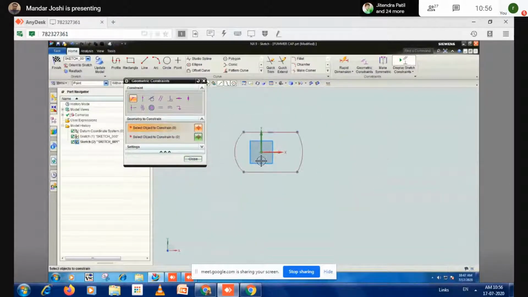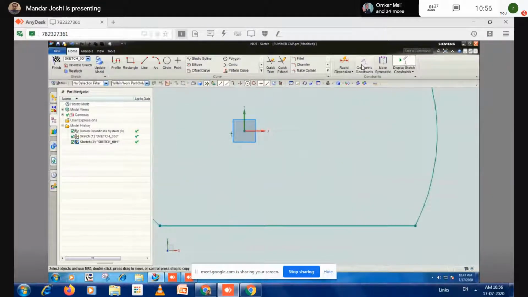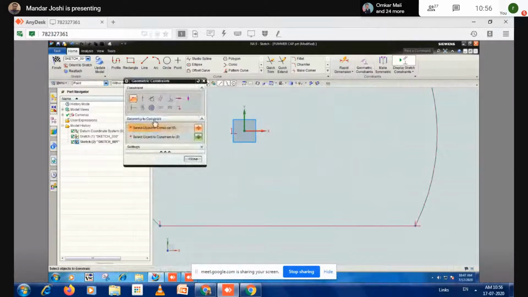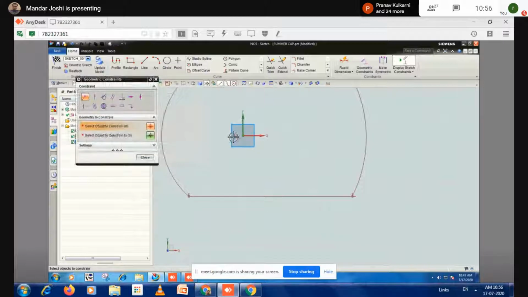Next, I think it is connected. Next point, you see that points are there. So use this geometric constraint, this point and this point.